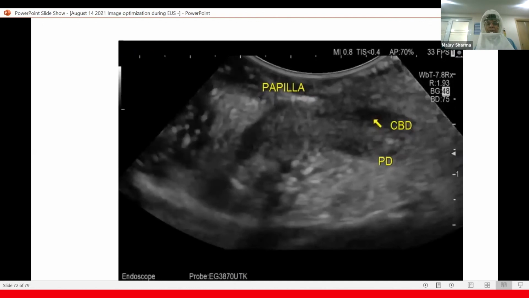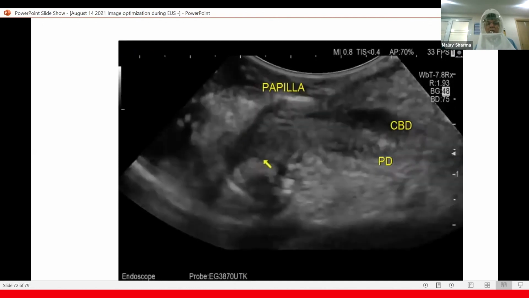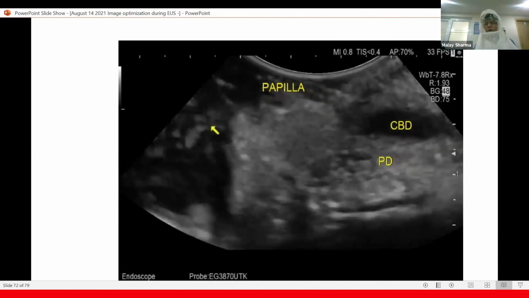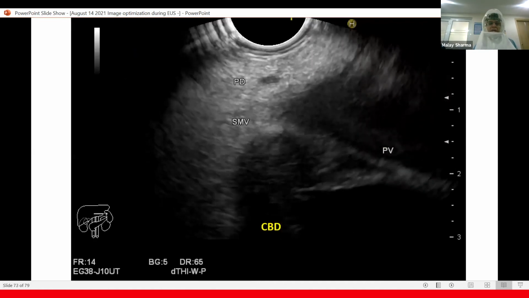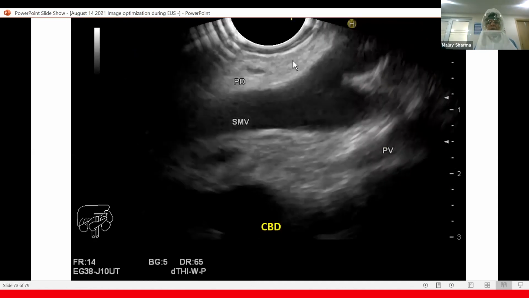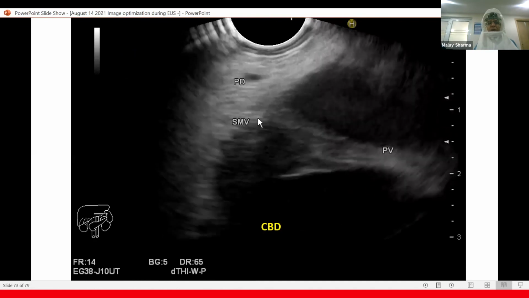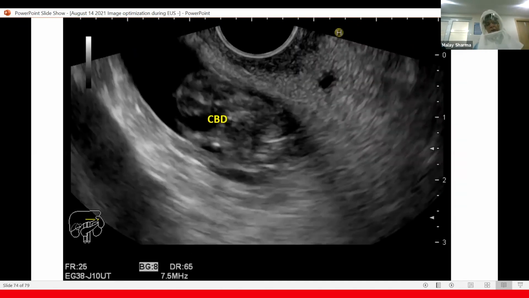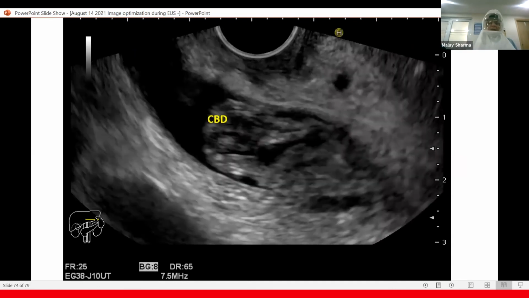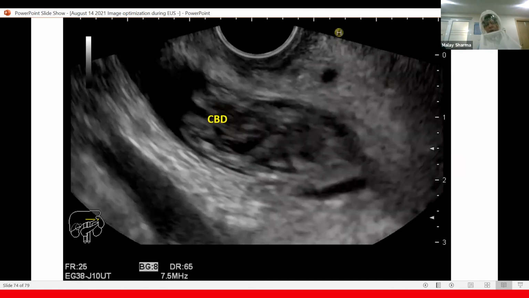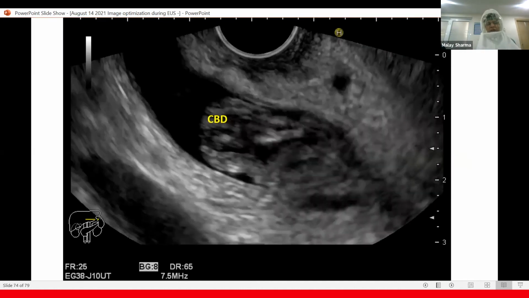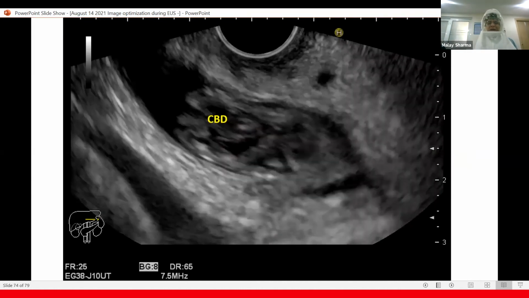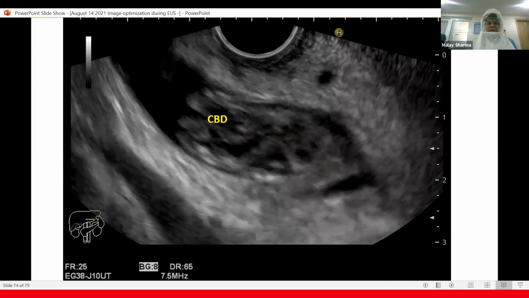Zoom, you will see the inside part, the intraduodenal part of the bile duct. And then again we get the CBD. You want to see in this case the CBD. We are following the CBD. We are following the portal venous confluence. In this case, maximum zoom has been done. This is the CBD. Some structures are lying within the CBD, and we have done the maximum zoom to analyze.